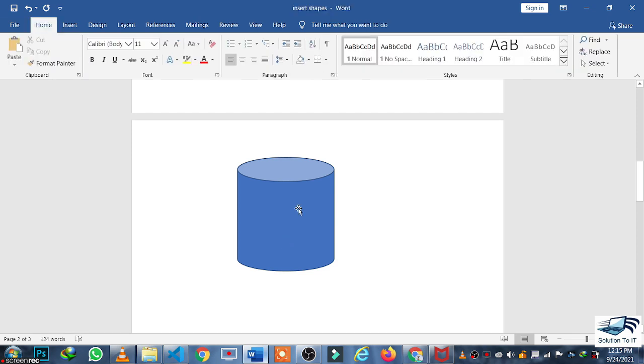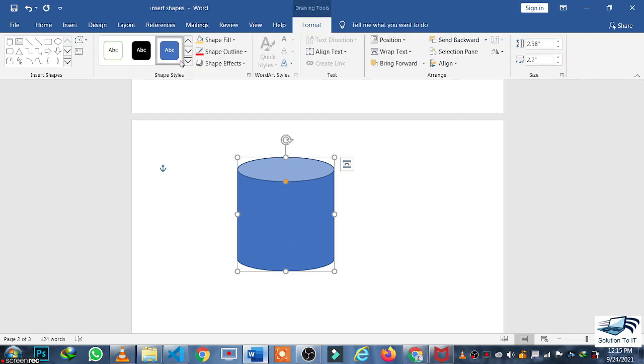So guys, when you click on the shape, you will get the option of formatting. Now you can format your shape with these different options. The first option is Edit Shape, which means you can edit your shape.